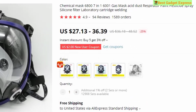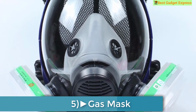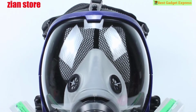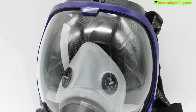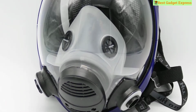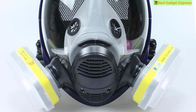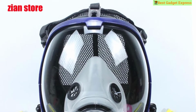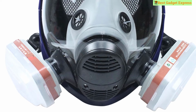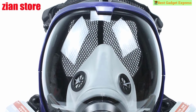Let's go. Number 5 is the Chemical Mask 6800 7 in 1 6001 Gas Mask Acid Dust Respirator Paint Pesticide Spray Silicone Filter Laboratory Cartridge Welding. Features of this product: brand name Caracola, soft silicone face seal for greater comfort and durability, wide field of vision, polycarbonate high impact visor, simple and easy to use, well balanced 4-strap head suspension which is easy to put on and take off, unique center adapter to direct exhaled breath and moisture downward, helps reduce debris from depositing in the valve, and allows for quick and easy cleaning. So this is the best option for you